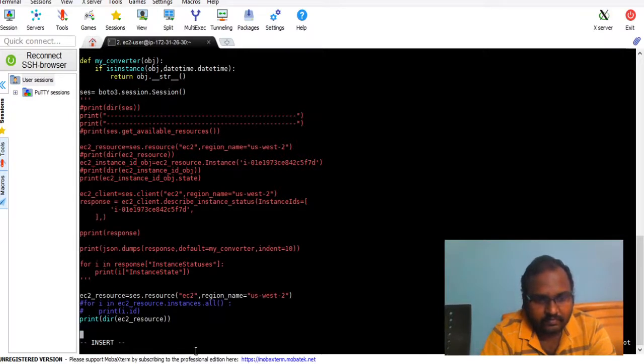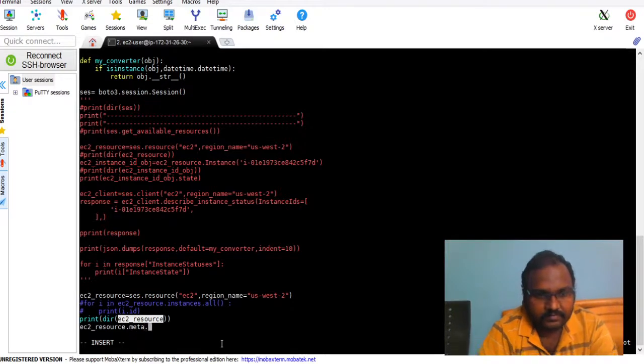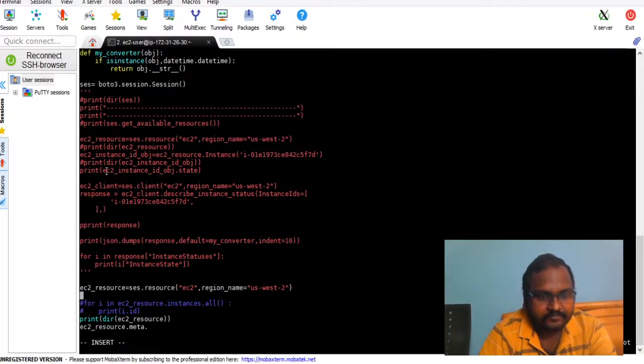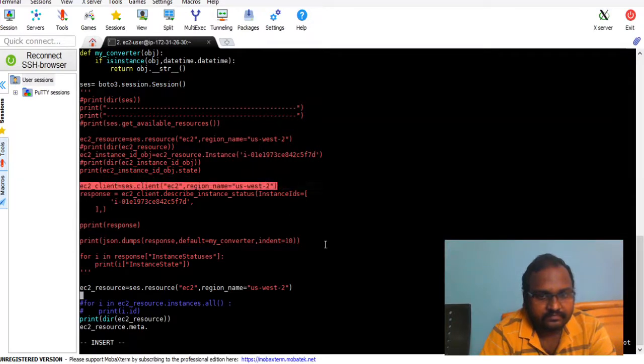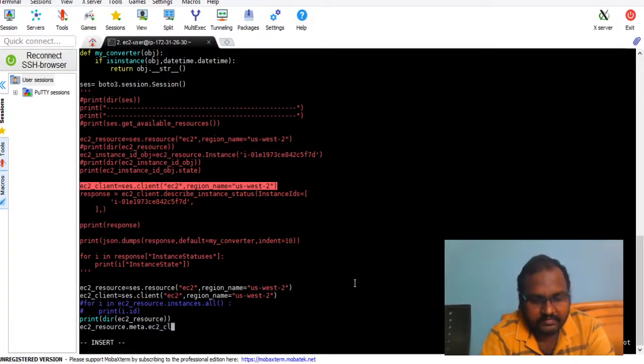So what I will do is EC2 resource dot meta dot client. The client also needs to be defined, so we need to define client also in that case. EC2 client,